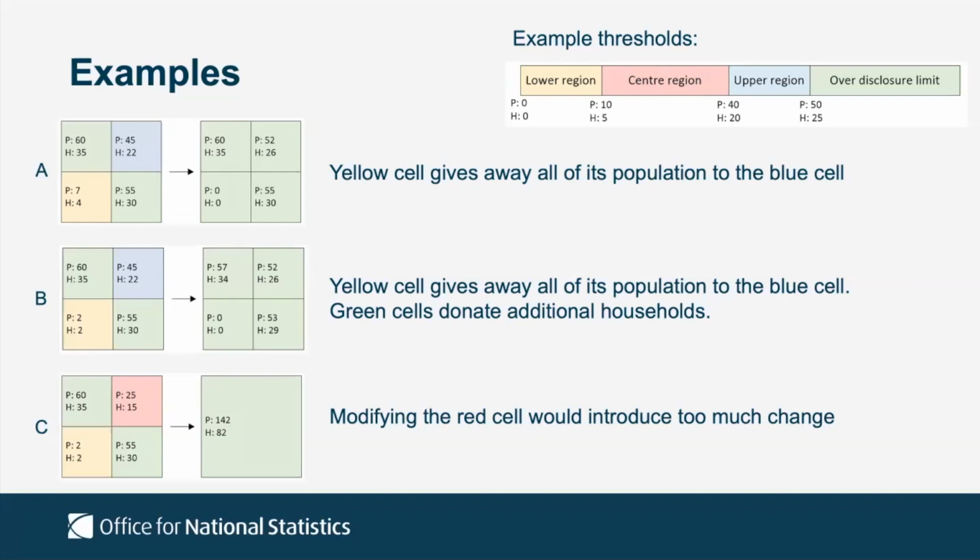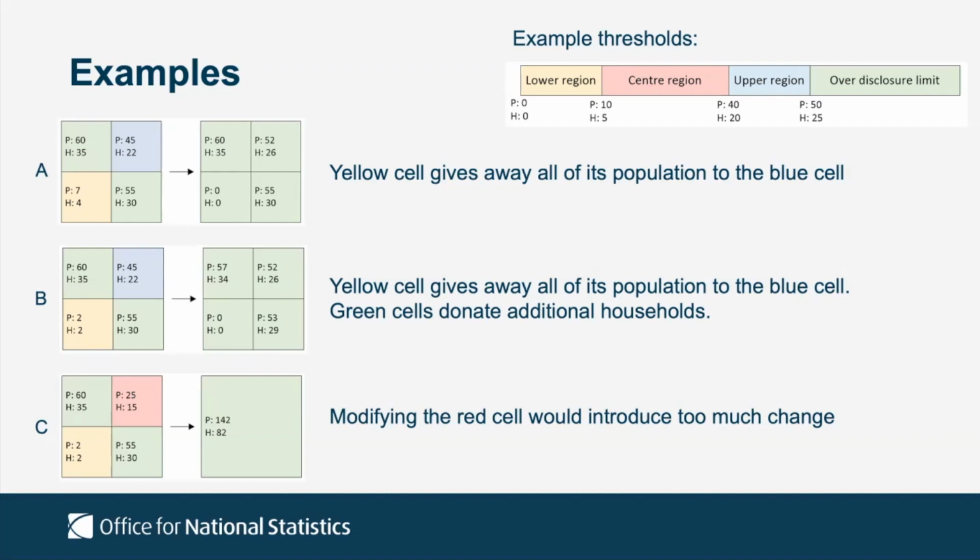With example B, again, it's something similar, except the yellow cell gives away all its population to the blue cell, and then the green cells donate some additional ones as well to make up. So it's the logical order it goes in. It looks for the ones where it needs to take people out, and then if it still hasn't made it, it looks to see if it can take anyone from anywhere else that is over threshold,